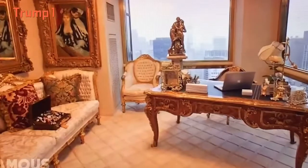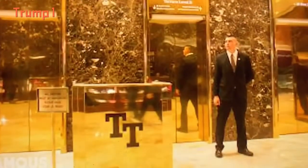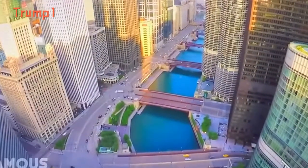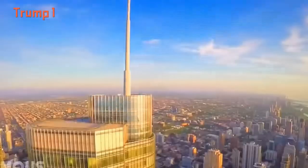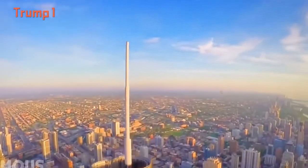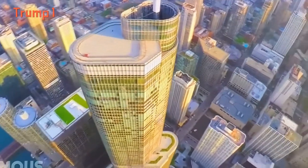He had an office on the 26th floor in the building, so living and working here is easy, even a private elevator to reach it. When Trump built the tower in 1983, the landmark skyscraper became one of the most recognizable and greatest in the world. When it was completed, it was the tallest glass building in Manhattan at the time, rising over 600 feet